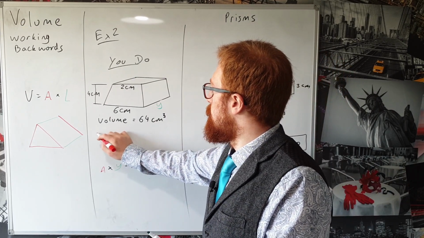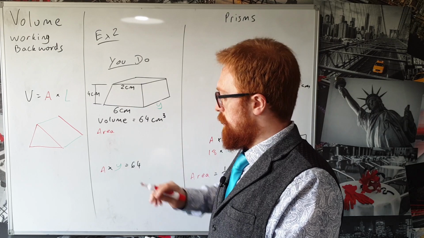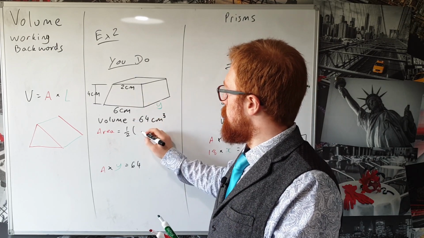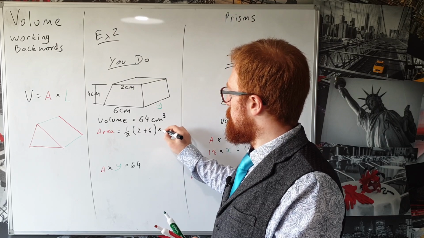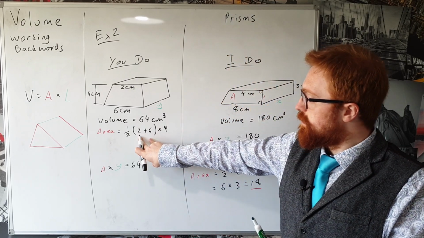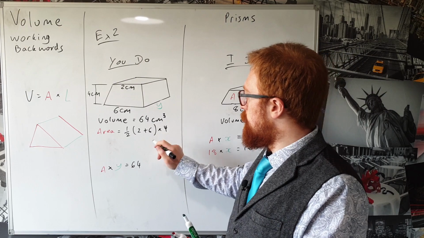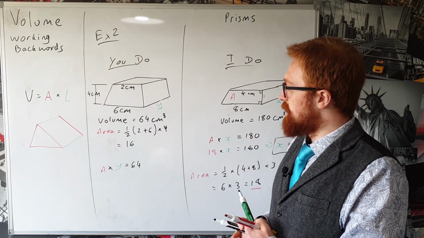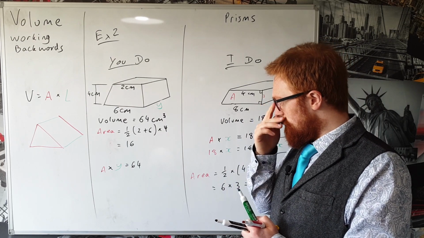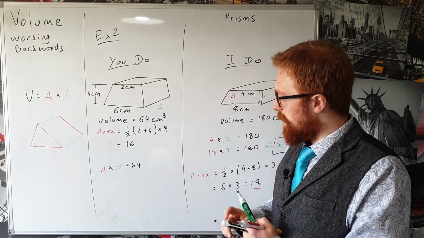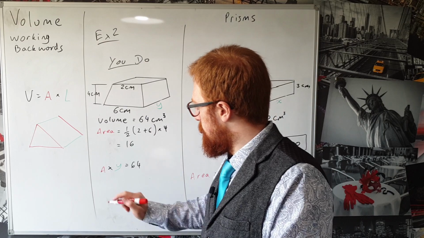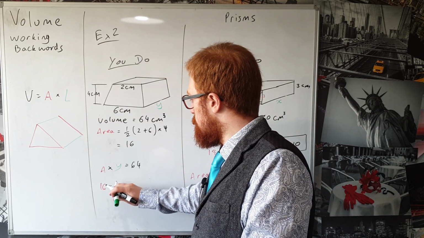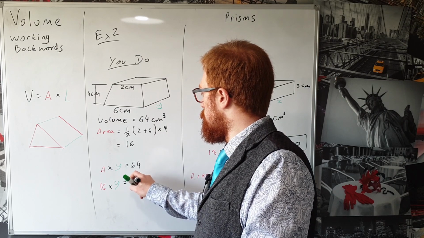So the area of the trapezium, again, is a half times by the 2 plus the 6, the average width, times by the 4. Well, 2 plus 6 is 8, half of that is 4, times by 4 is 16. So then we need to think, the area is 16, so we do 16 times by something, times by y, is equal to